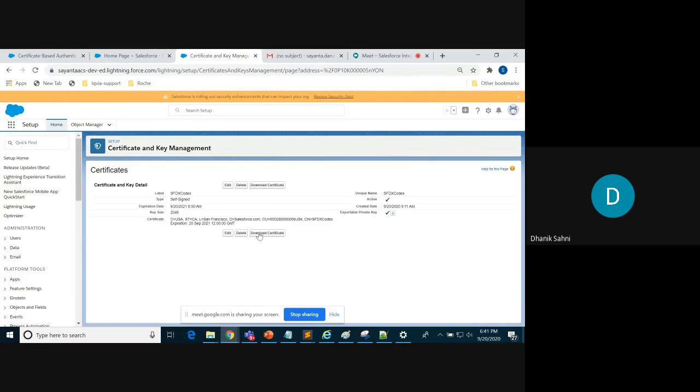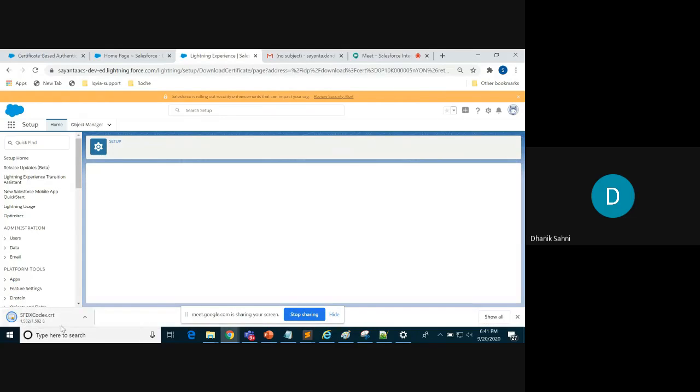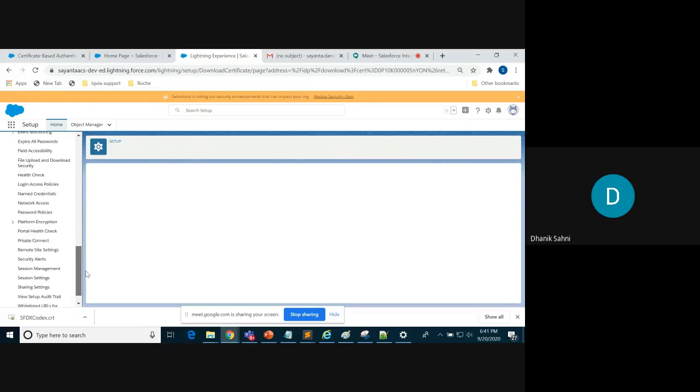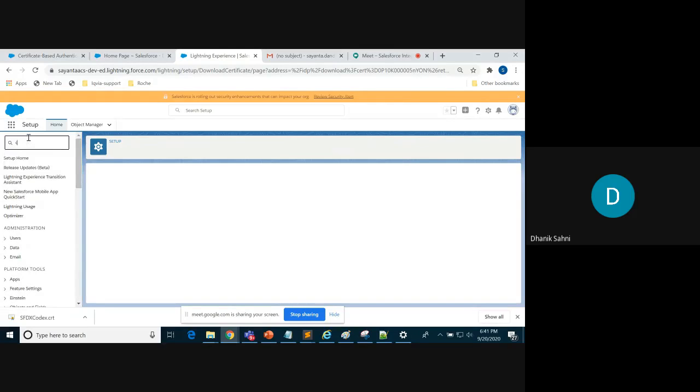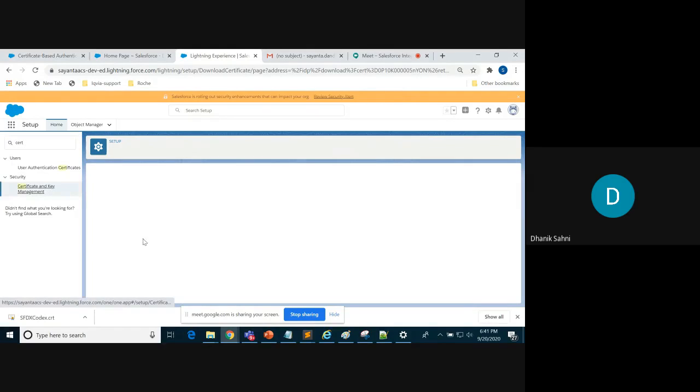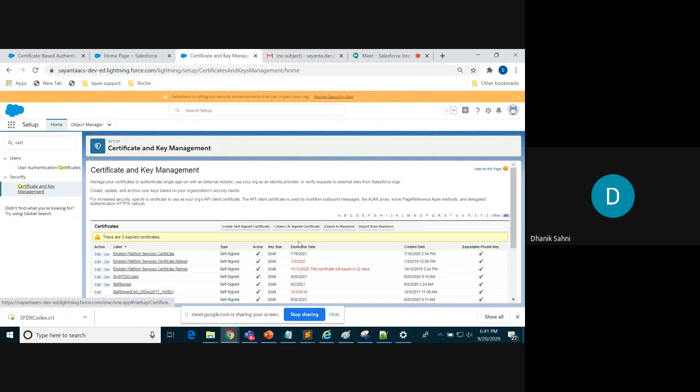Now what's the next step? You need to download this particular certificate. Let it download. So now here you can see this extension, the CRT. Okay. So now what happened is, if you go to the certificate and key management again, and if your